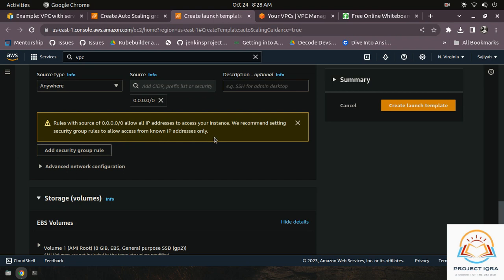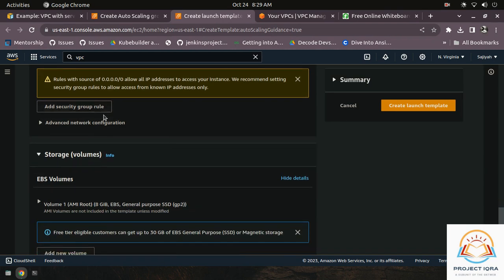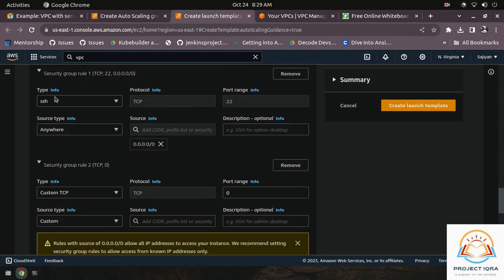Hackers can inject something in your project, so it's not a good idea to open completely, where anyone can access from anywhere, so you don't need to do that. But this is just a project, so we are doing that. Okay, so let's move forward. First port will be SSH, and the second one will create